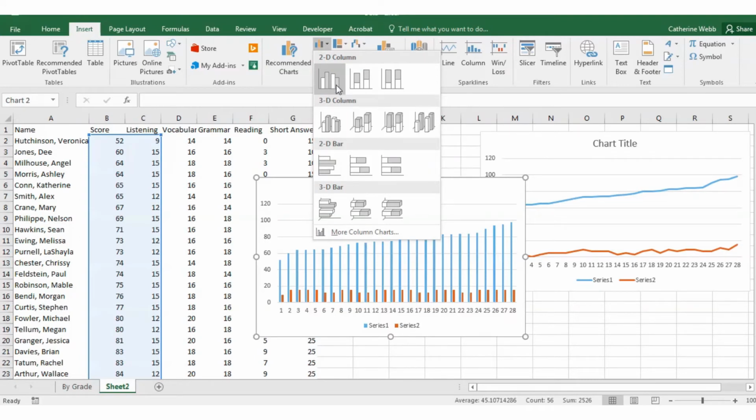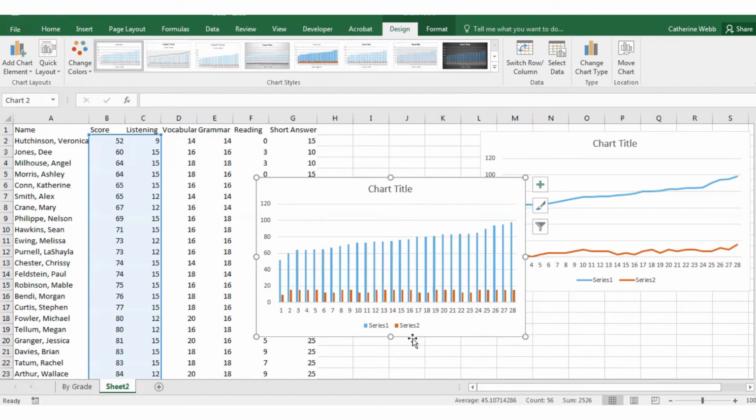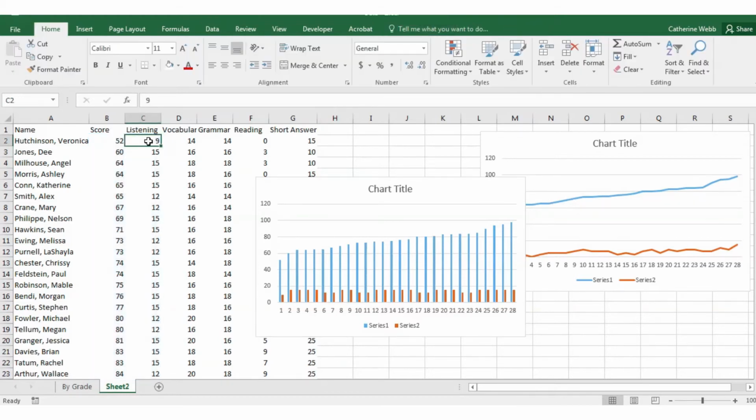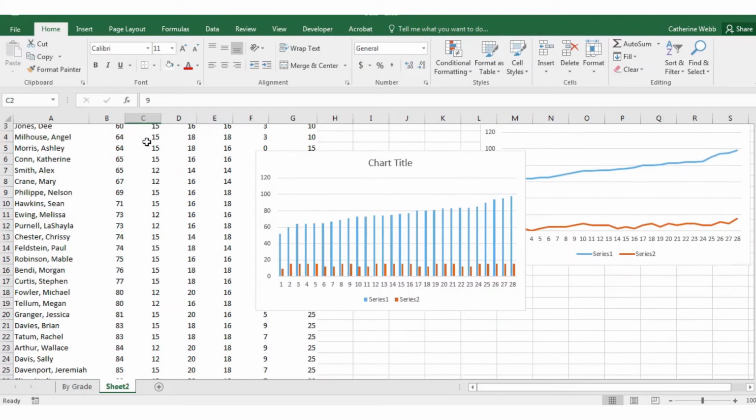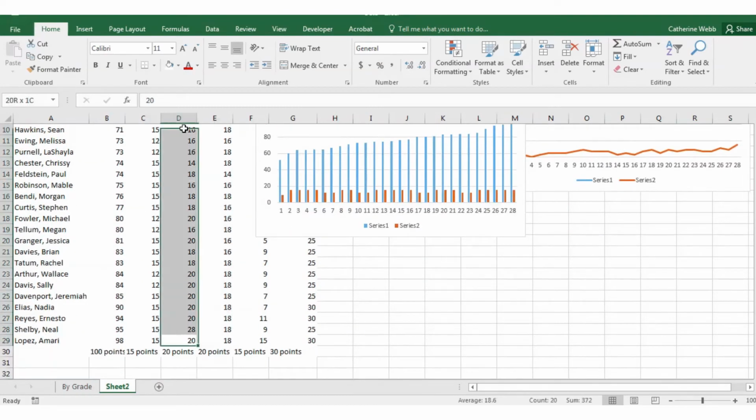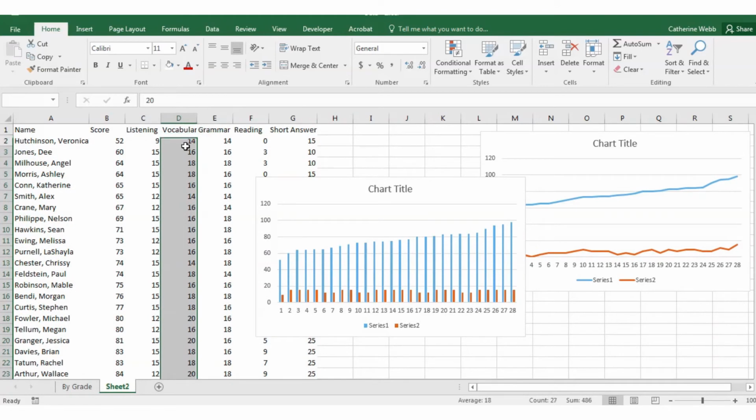So you can see right there that my series 2, my listening, doesn't really seem to correlate much to the overall score. So maybe in that section my questions are too simple, and I might need to make some adjustments. And then let's look at my easiest section, which I think might be my vocabulary section, and then let's compare